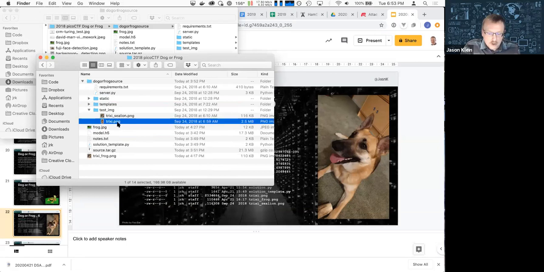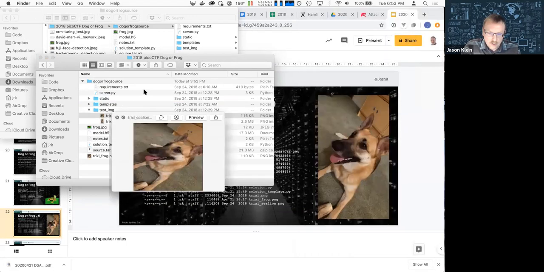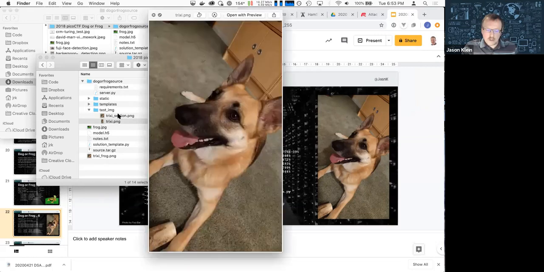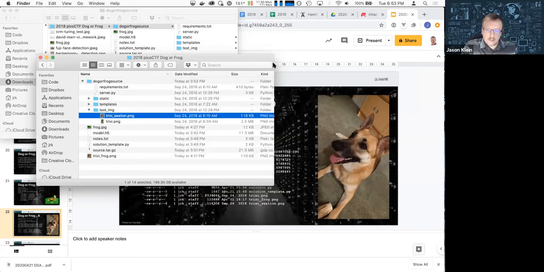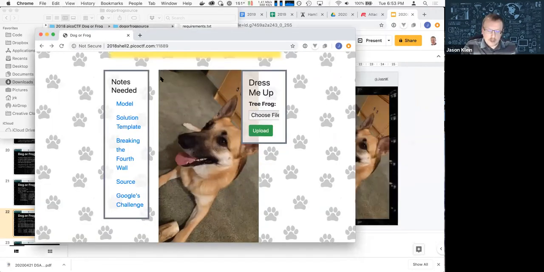So when we're uploading these images, you can see the original image of Trixie the dog, but then they also provided a sample image. Now, granted, this image is going to be skewed because it's been run through the neural network, and they reshape these images before they analyze them. But the point being, if you compare these two images, the image of Trixie the dog and the image of Trixie the sea lion, from your perspective and my perspective, there's nothing unusual about it other than it being scaled. And so I'm going to drag this down here, and I'm going to upload that sea lion picture.